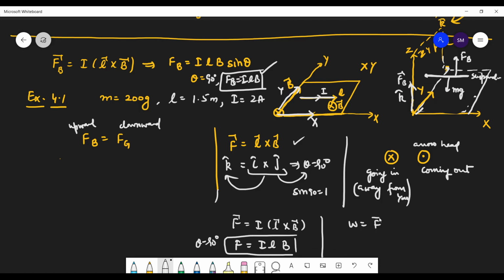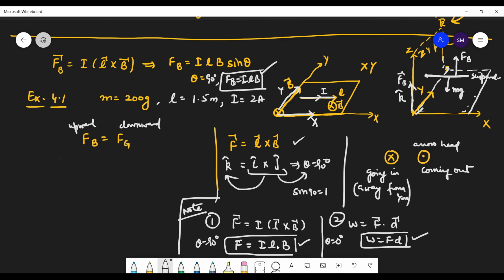Like dot product, work done is equal to F dot d. So if theta is equal to 0 degrees, cos 0 is 1. So students, note, these are very important points. First point, second point, you will not get marks for writing this thing and then writing theta 90 and then writing this formula. So if it is obvious, directly start from this formula. Similarly for the dot product. Is this clear to you? So if dot and cross are not there, it's obvious that theta is 90 degrees over there in your NCERT book, and here it's the dot product, theta is 0 degrees. Is this clear to everyone?